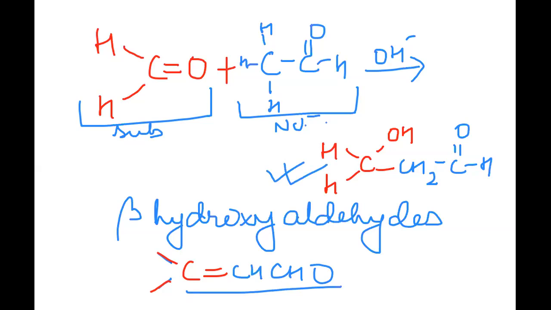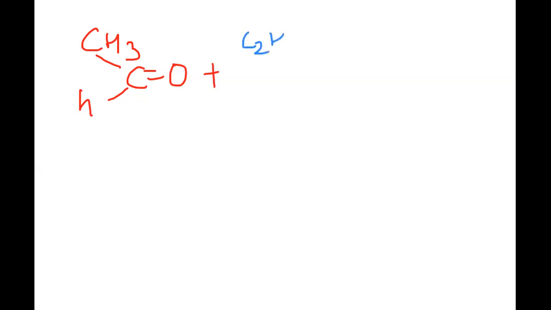The last point that we can discuss here is that if the two compounds that we are taking for aldol condensation, both of them are capable of forming the nucleophile, then how will the reaction occur? Okay, so the second one that I'm going to show you here is a C2H5. All right, okay, let me draw the open structure for this and write. So CH,